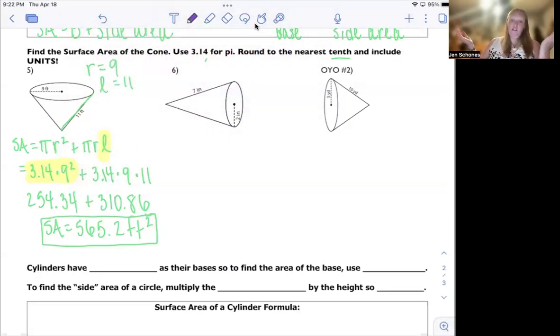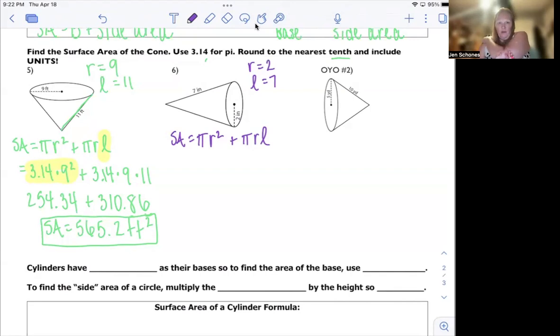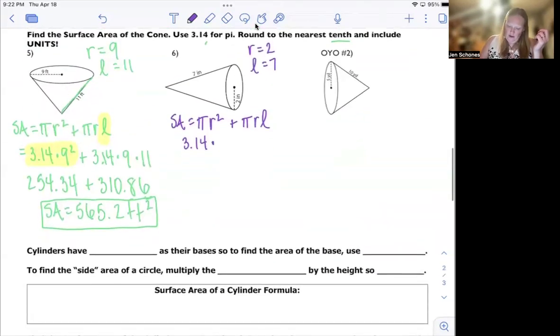So number 6, it's a cone. Let's use the same formula. Surface area is pi times radius squared plus pi times the radius times the slant height. Well, I like that color. So my radius is 2 and my slant height is 7. All right, let's plug them in. 3.14 times radius squared. 2 squared is just 4, so I'm just going to write 4 plus 3.14